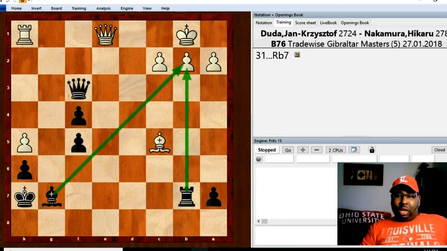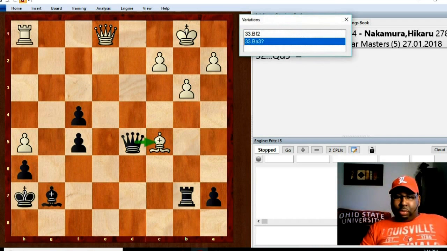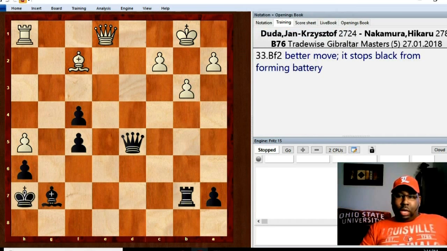So it's definitely a much better position for black here. Black hits the bishop. The bishop's got to move. The bishop goes to a3 here. But if the bishop would have went to f2, it would have been a better move there, because then it